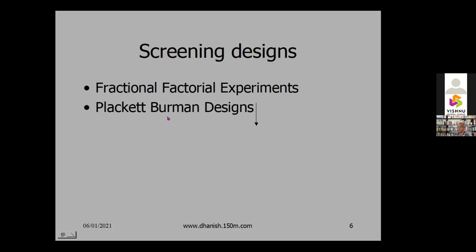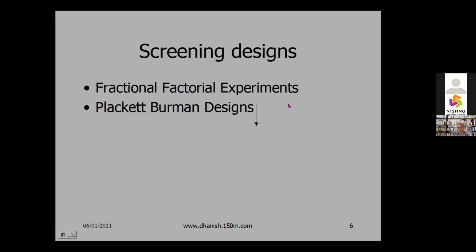There are also other types of designs, such as Plackett-Burman designs, named after the statisticians who developed them. These two are commonly used for screening. And now, of course, computer-generated designs are coming up. Based on the desired model, based on theory, you have a model which connects the variables. You can use that theoretical model to identify the best design. A lot of work is coming up in that area. Another approach is sequential design. Here, instead of trying to do all the experiments at the beginning itself, you do one step, one step, one step like that.